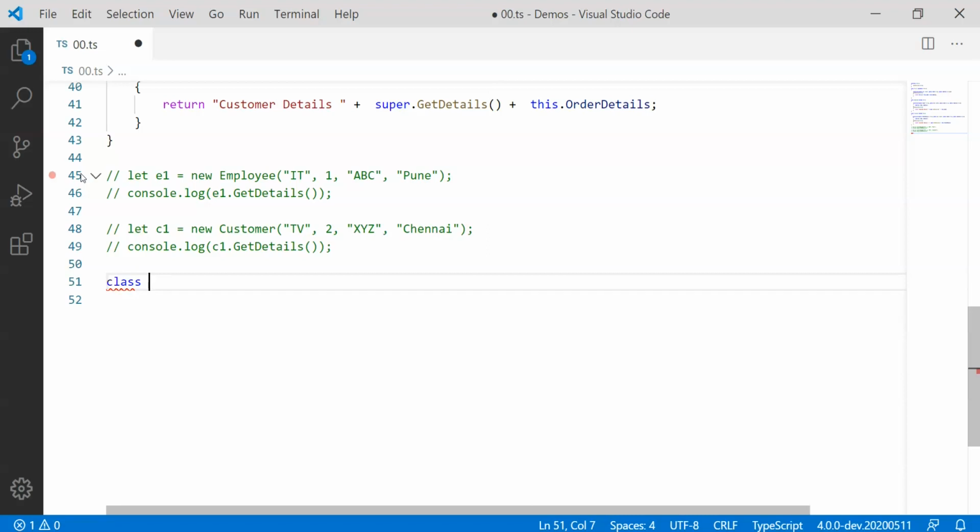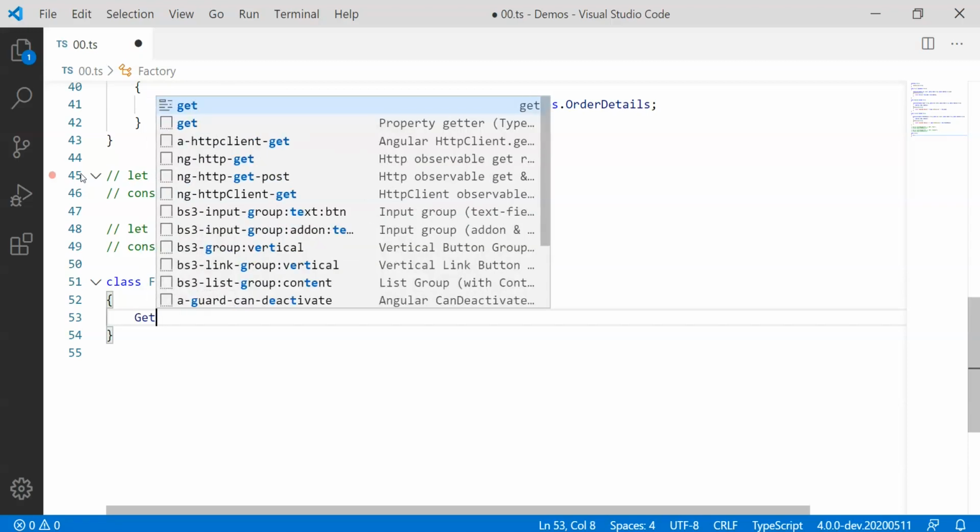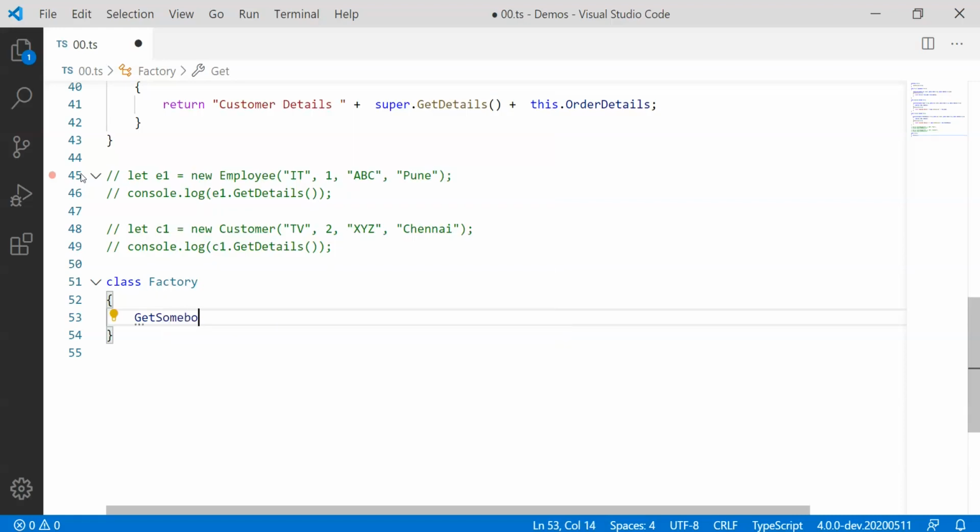Let's call that class factory. This factory is going to have a method which returns sometimes employee and sometimes customer. So I need a method, let's say getSomebody, and that getSomebody needs to have something written. Obviously we can return a person from here, which is common to customer and employee.